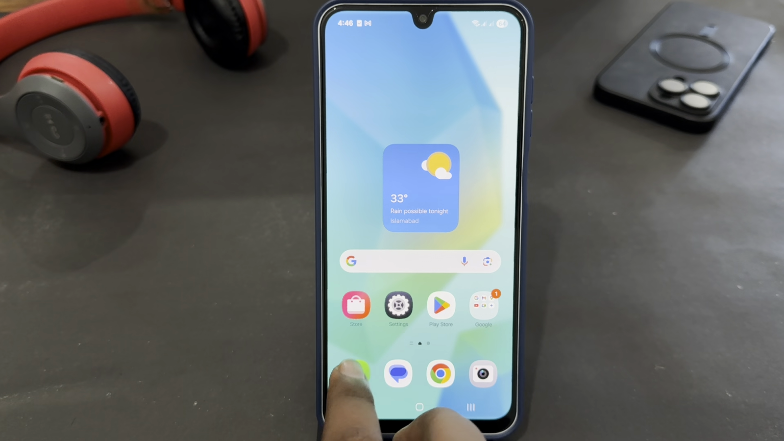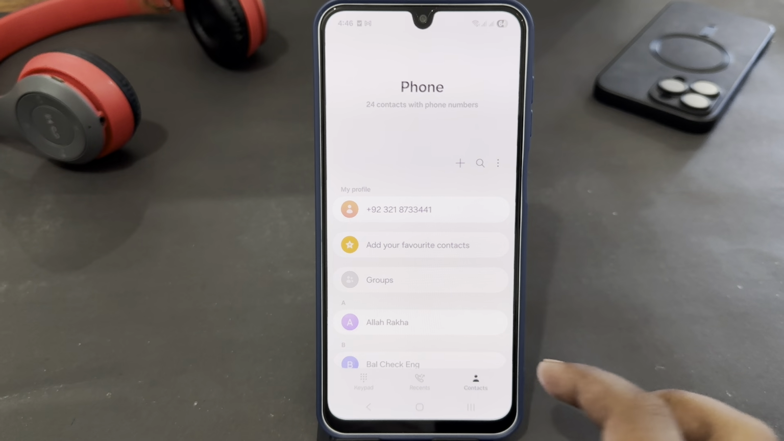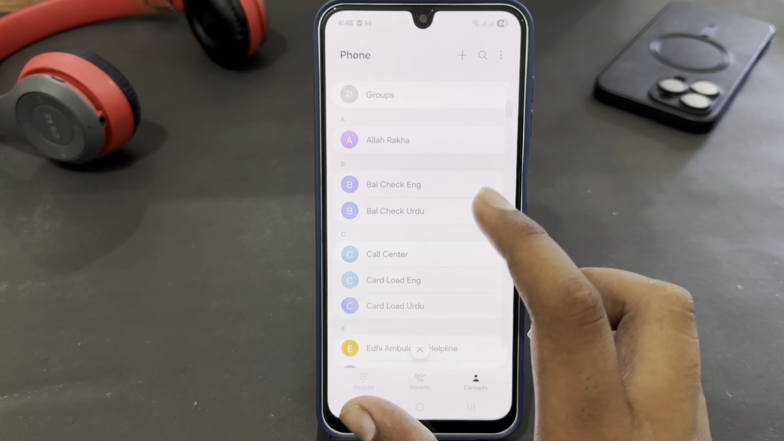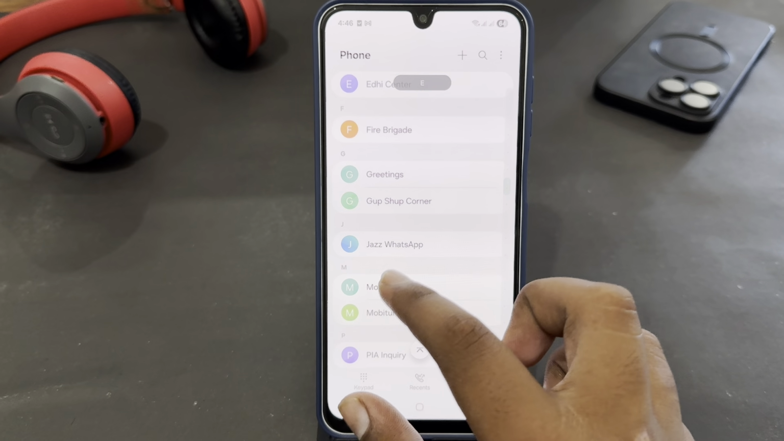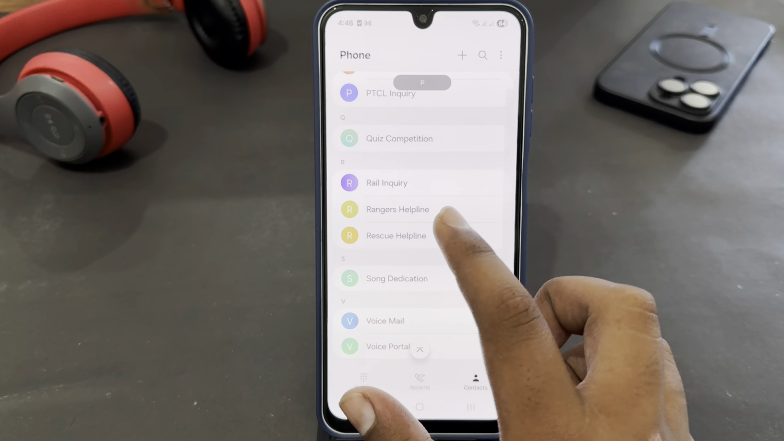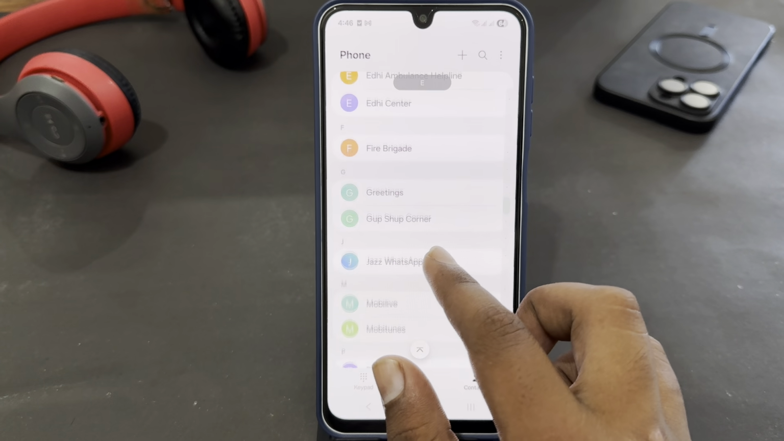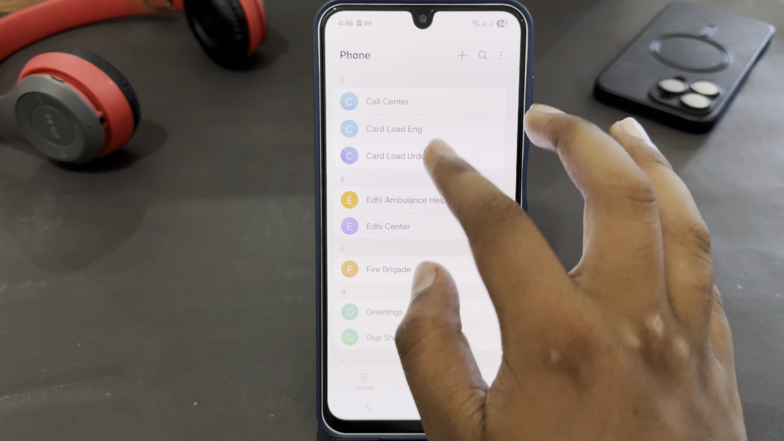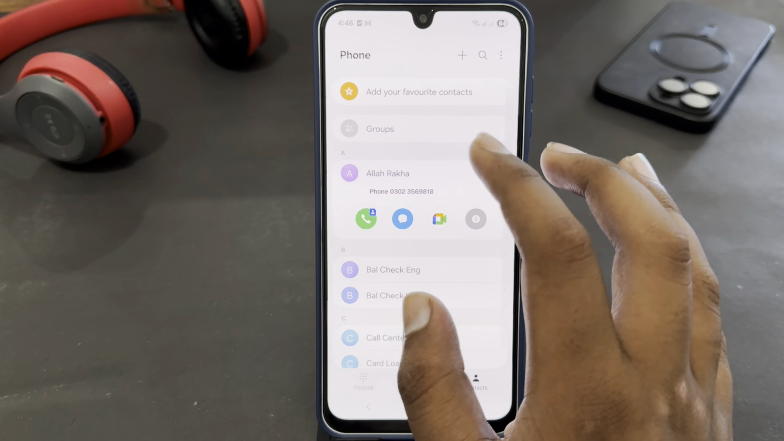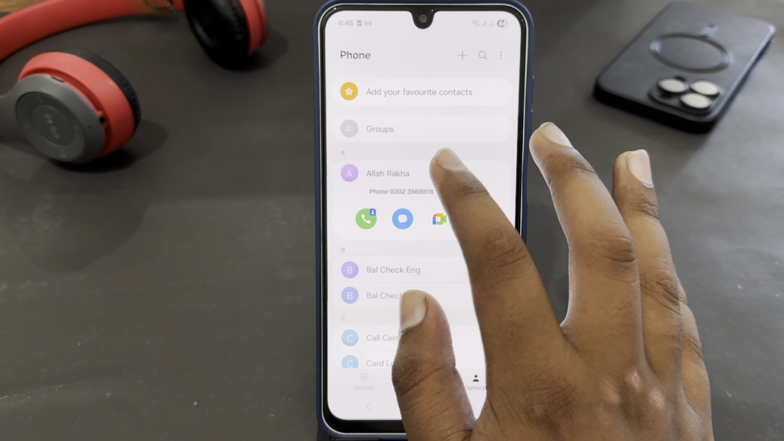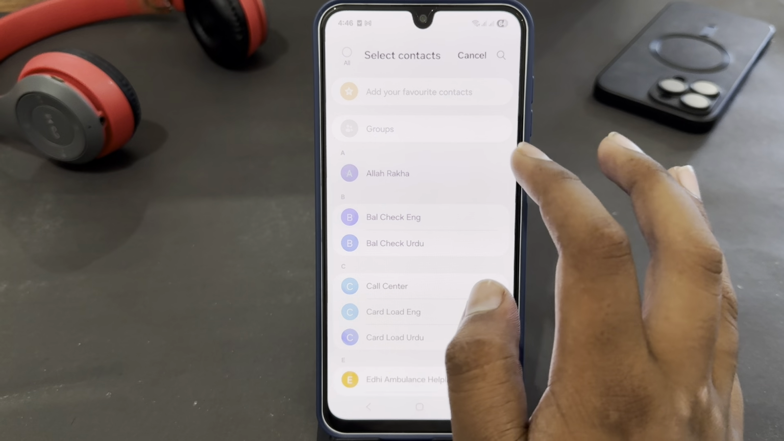You just have to open your phone call app and here just go for contacts, and then you have to select any contact which you want to adjust or edit the name. Let's say I'm going to edit this one. Just tap on it and here just keep a long press on it or you will get an info